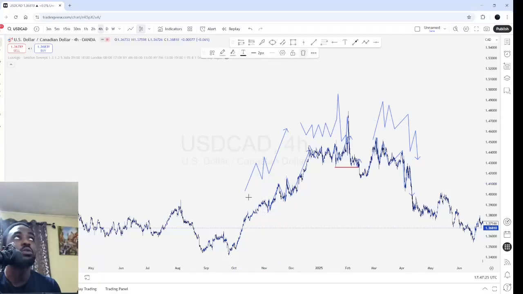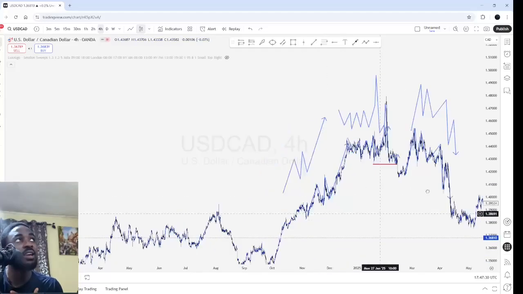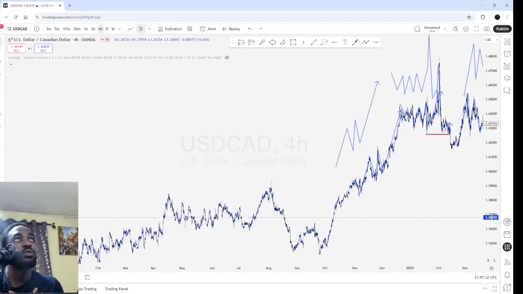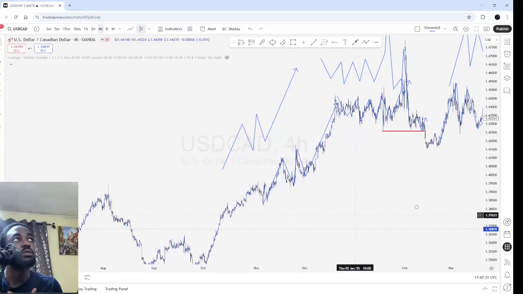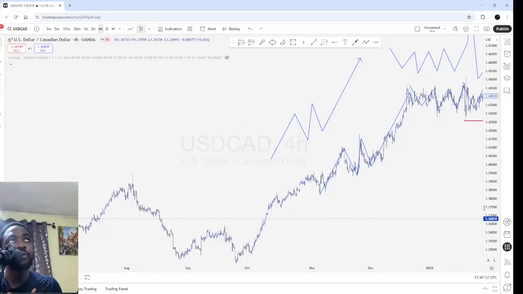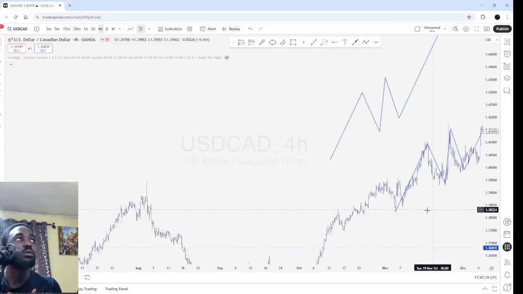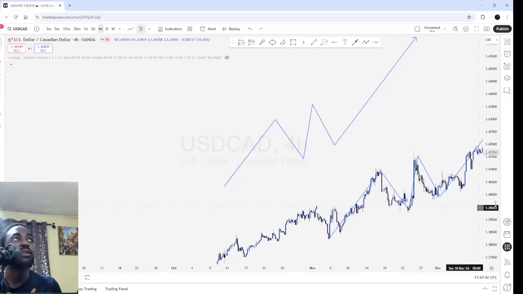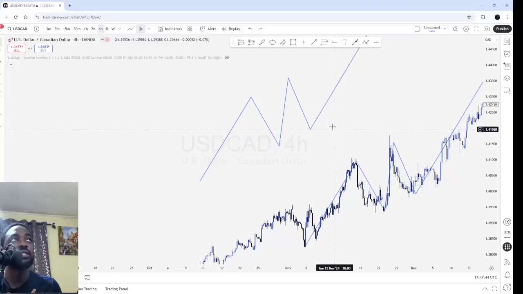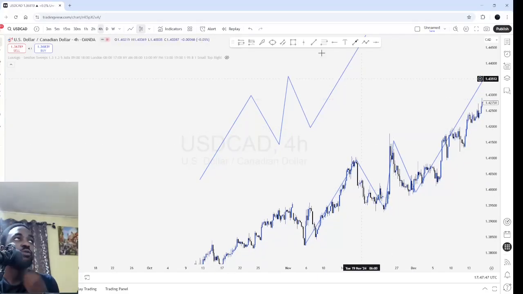So that is easy. For me personally, everybody has ways and means to do that. But for me personally, I like to use candlesticks to do that. Do you get me? So for instance, looking at here, we had a structure here. Do you get me? We had a structure here. We had a break here. So what do I look out for? I look out for candles where there is what?